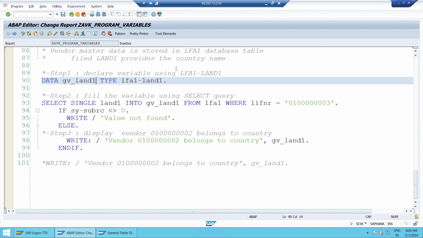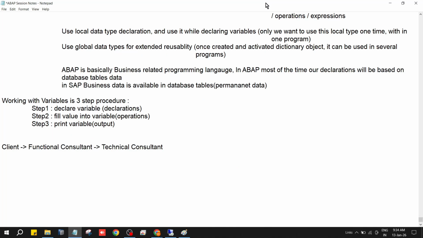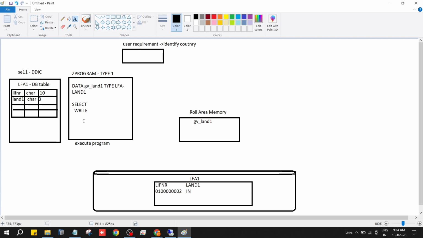That's the purpose. As a result, GV_LAND1 is getting the technical properties of LAND1 and the NAME1. So if you look here, both this program editor and dictionary are closely integrated tools in the